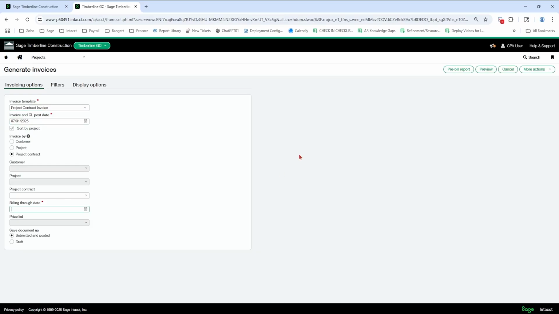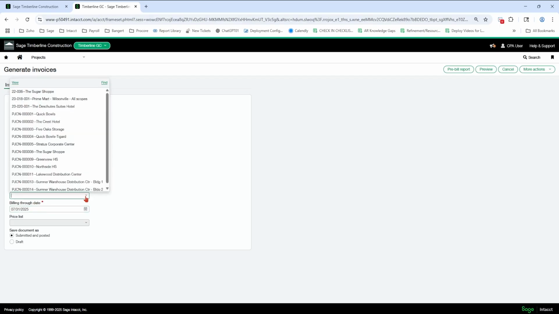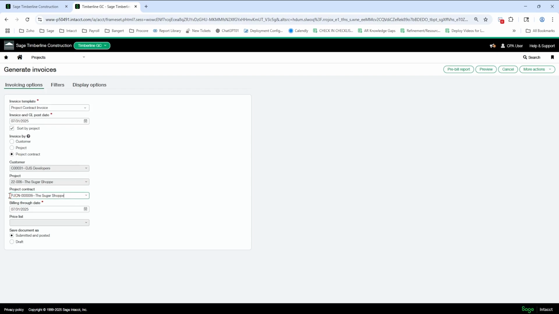You're going to have your billing date be the same as well, the bill through date. Best practice is you want to have your dates matching. Then you're going to pick the contract we're billing on. So it's the Sugar Shop. Again, that's going to have the job number in front instead. I'm going to submit and post it. I'm not going to draft it in this scenario. So I'm going to hit preview.